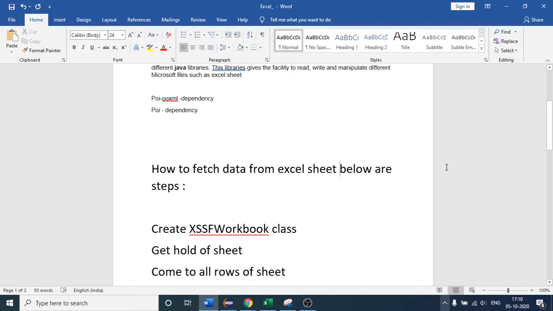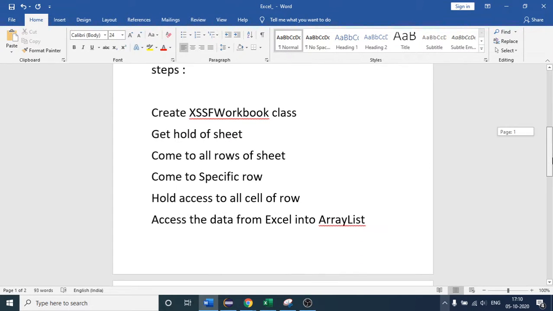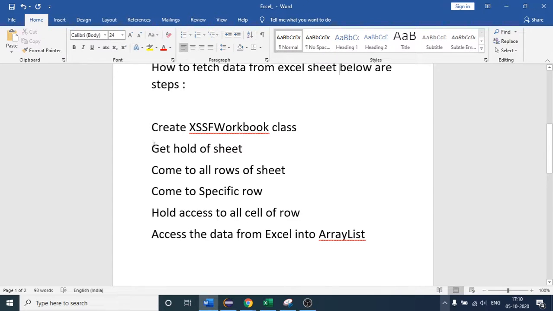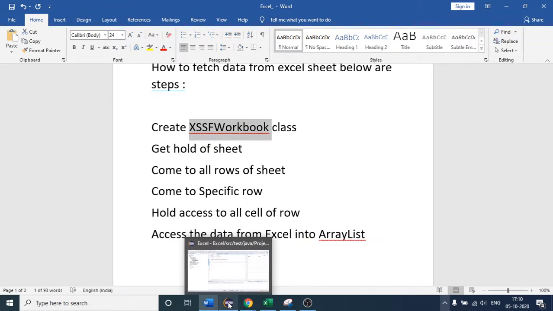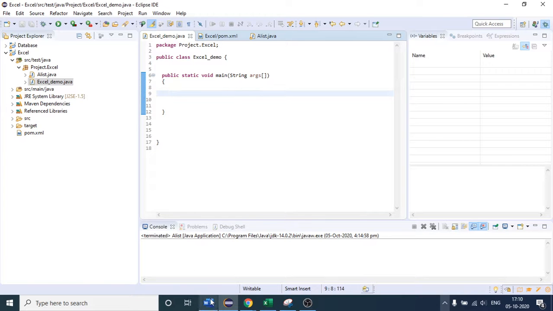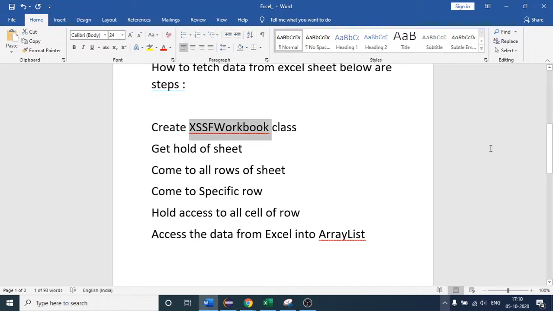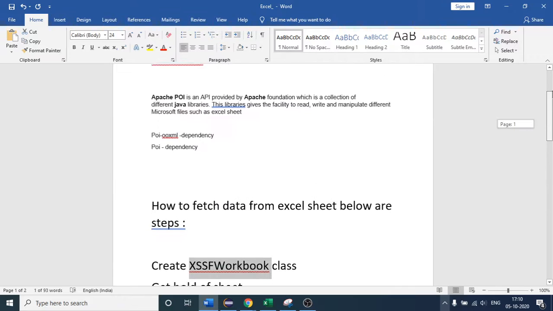Below are the steps, as you can see. Before going to these, I am saying create this class. Where is this class coming from? These two dependencies which we have provided to our project, POI and POI-OOXML. This class is present inside these two dependencies.